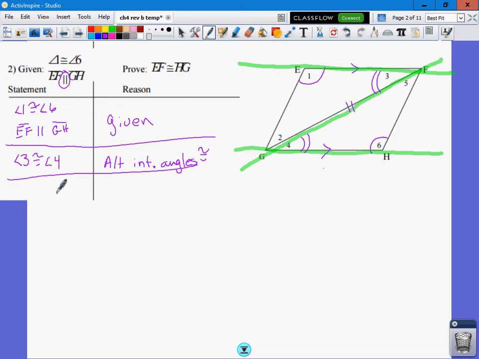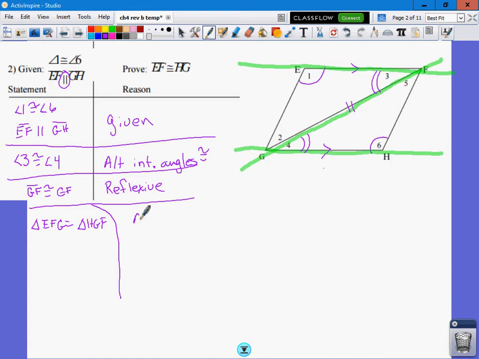The other piece is GF is congruent to GF, by the reflexive property. Now I can see I have an angle, and a side, so I can state that the two triangles are congruent. Triangle EFG would be congruent to triangle HGF. Again, the order of the first one doesn't matter, it just determines the order of the second one